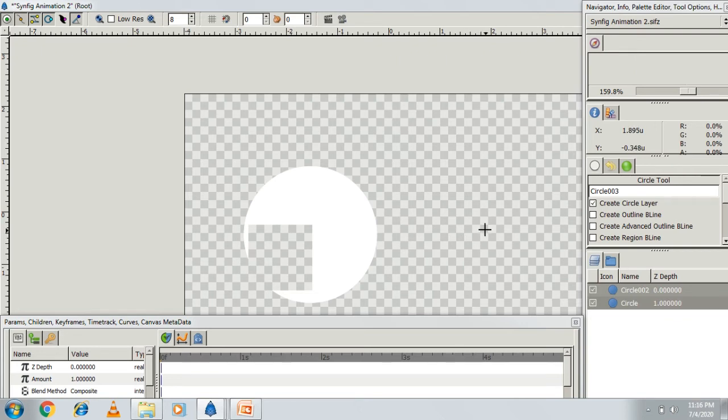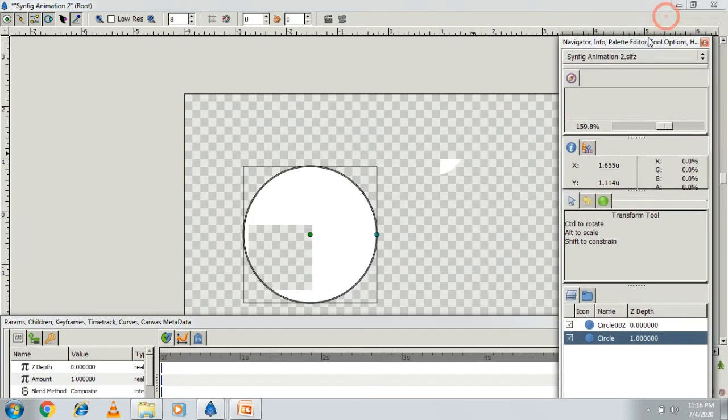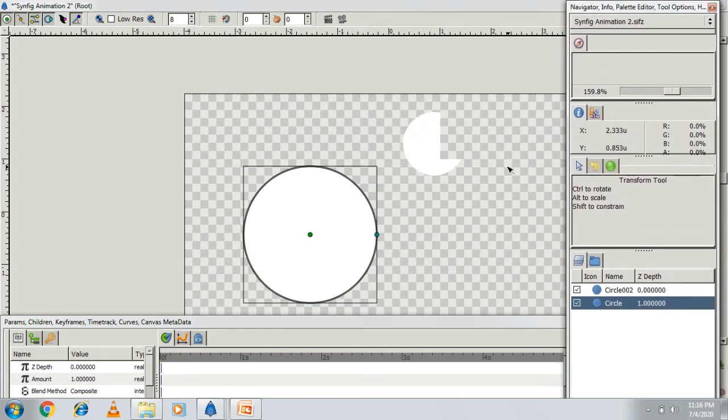One more thing: Synfig Studio is a heavy software, so if there is no graphics card in your computer, it will take time to render properly, because I already told you it's a vector animation software. Okay students, so we have to wait for some time.